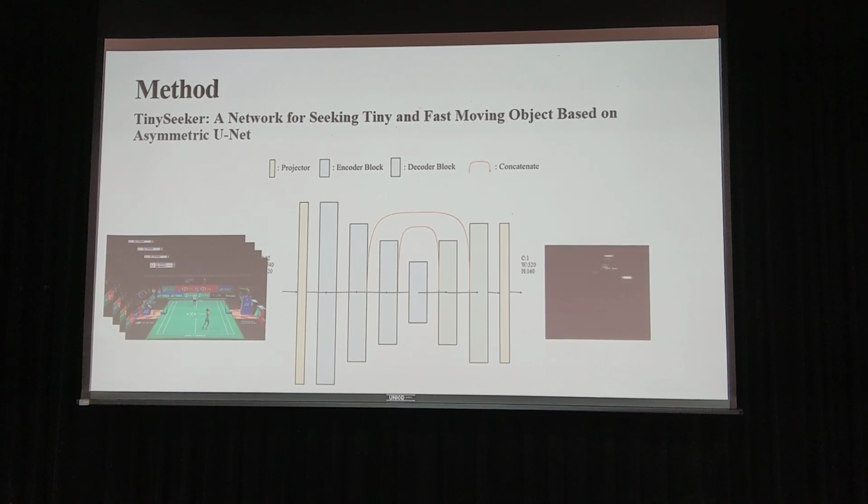As mentioned before, because badminton lacks features and the shuttlecock in the frame might be represented by just a few pixels. Therefore, TinySeeker introduces an innovative approach by predicting the likelihood of the object presence for each output pixel. This results in the generation of an output probability map, also known as heat map. The approach represents a significant departure from conventional object detection frameworks, which typically predict the object coordinates along with its